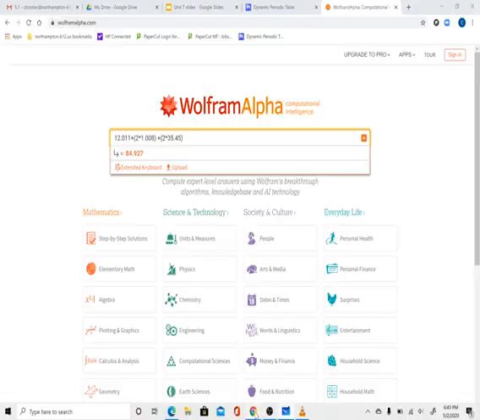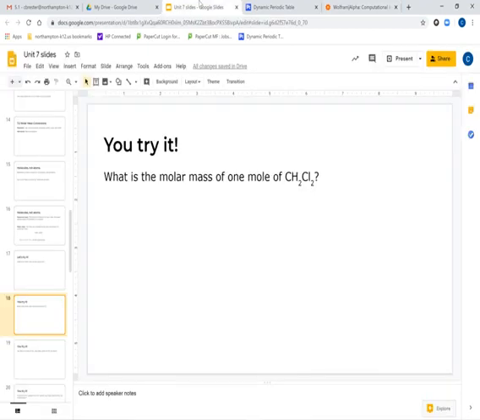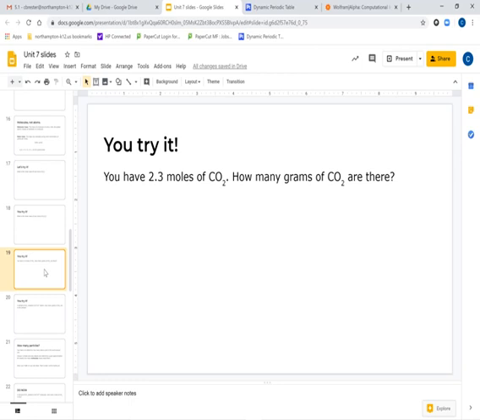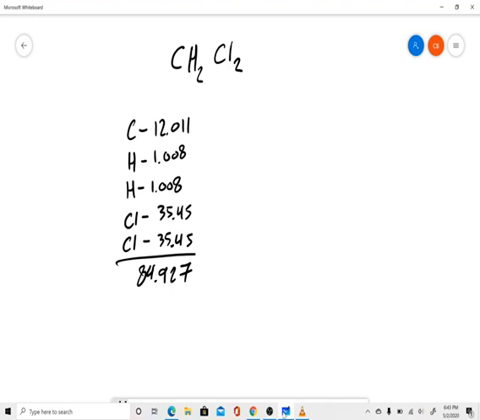I'm going to do one more problem here. What if you had not just finding the molecular mass or the molar mass of something, but what if we had to do calculations with it? Let's say you have 2.3 moles of CO2. How many grams of CO2 is that? Well, we can figure that one out. We just need